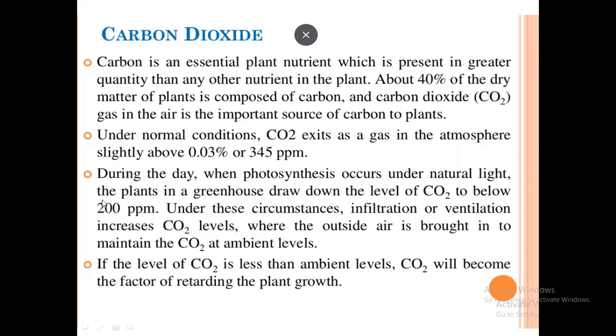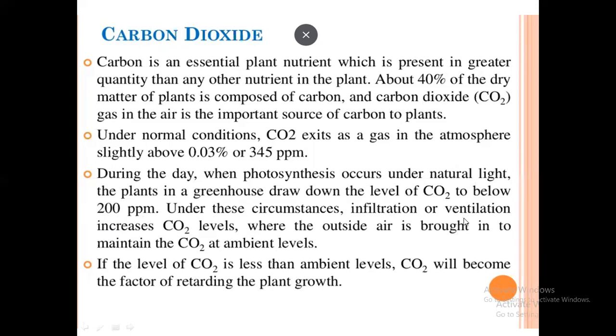In such a circumstance, it is essential to increase the concentration of CO2 in the greenhouse air, and to achieve this,